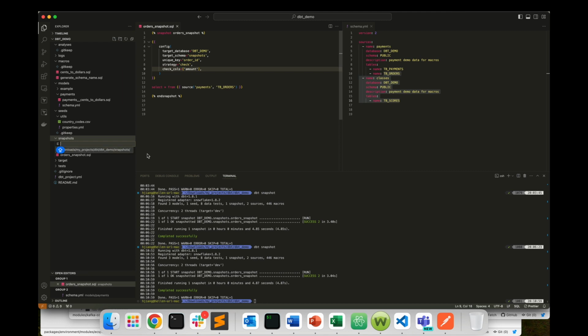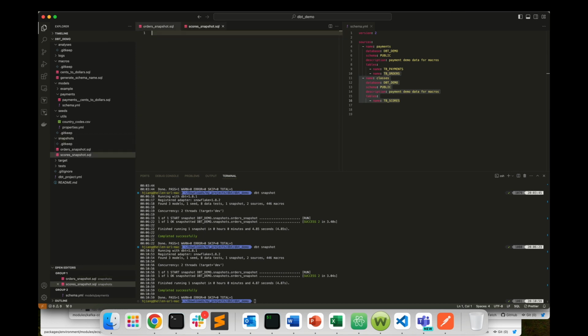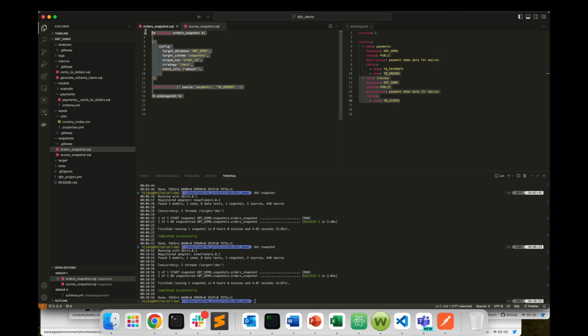We call it scores snapshot, and we can just copy one of them here and then make some minor change. Called scores snapshot. As I said, there's no unique column for this unique key. This combination, the user ID plus class ID. So I would say that's